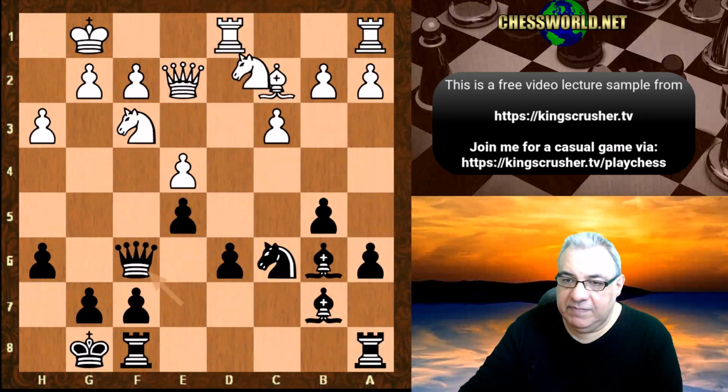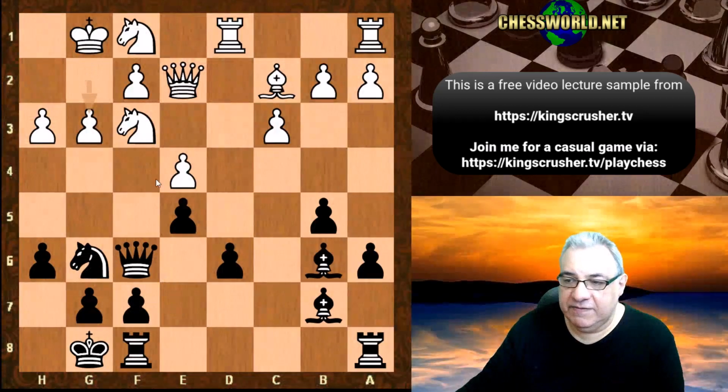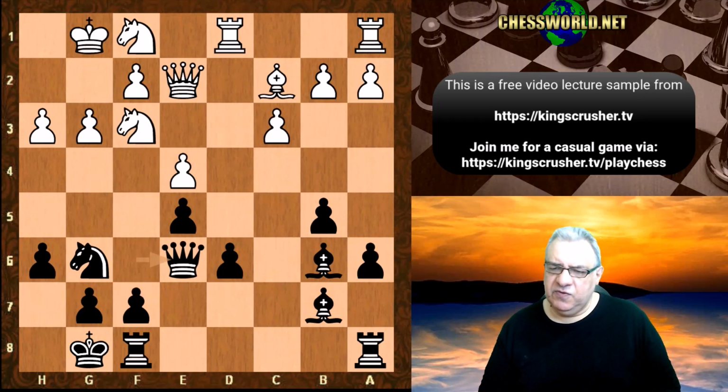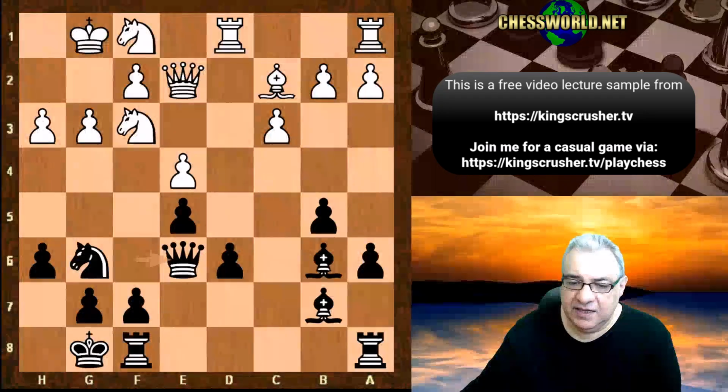We have knight bd2, knight e7, knight f1. There is this backward pawn target as compensation. Knight g6, g3, keeping the knight out of f4. Queen e6. Now here, white goes really quite badly wrong, overestimating the position totally, underestimating the opponent's resources here, because,